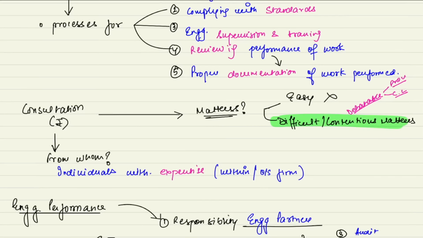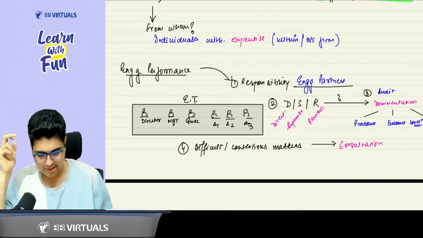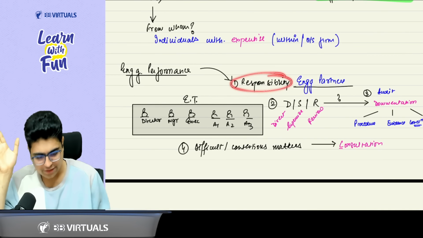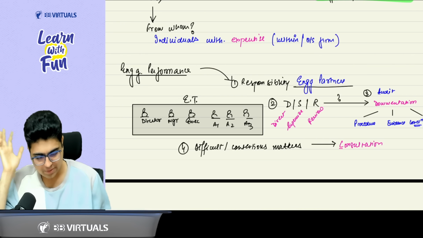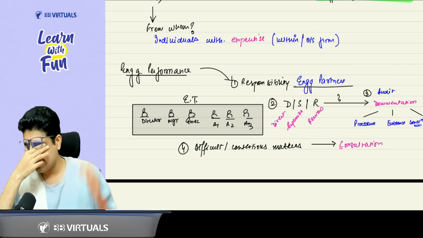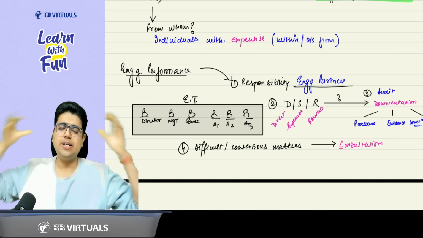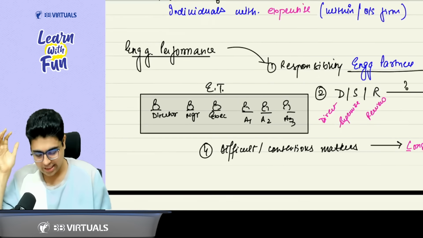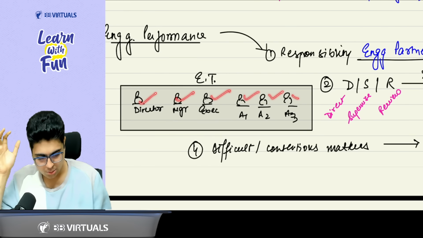Now, sir, what are these points given? Everyone, please look at the board. Please understand how the engagement performance takes place. Who has the responsibility for engagement performance? Engagement partner. He is responsible for quality. He is responsible for engagement performance. Now, sir, is the engagement partner required to perform the work? No, he has a full engagement team which has director, manager, executive, article 1, article 2, article 3.